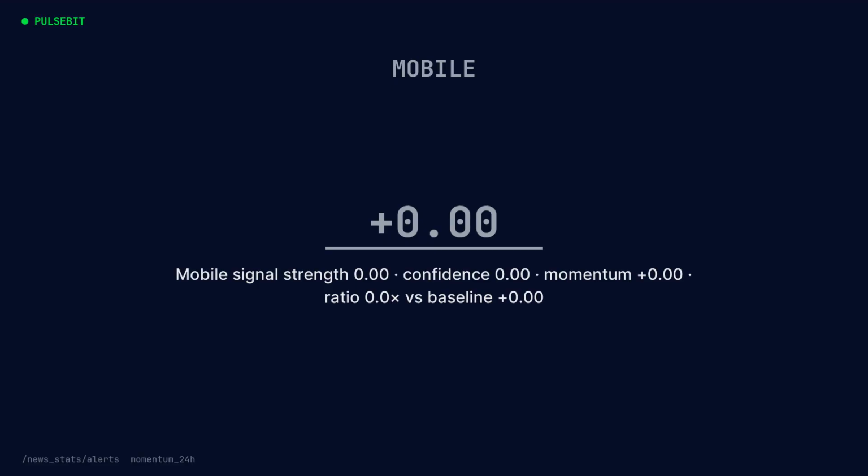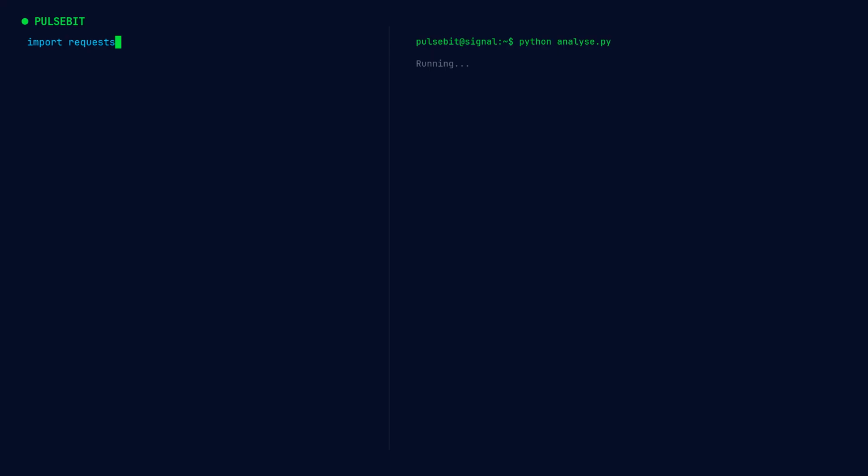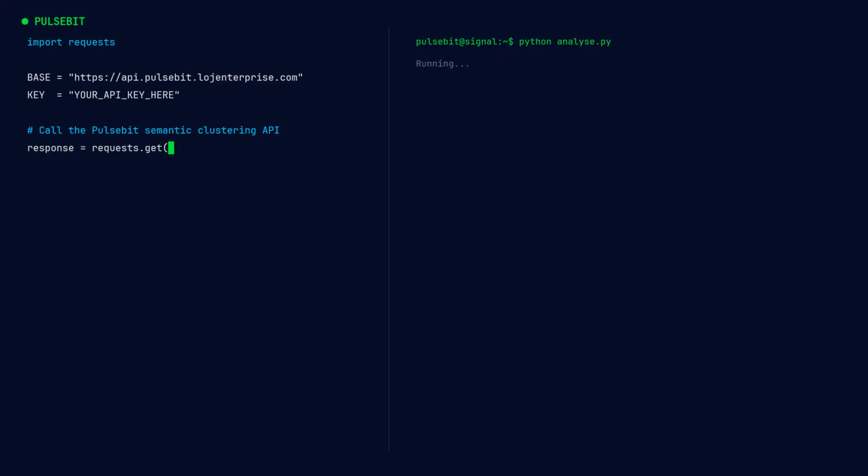Did you notice that the sentiment score for mobile has dipped to -0.60, while momentum remains flat? This unusual drop, especially considering the historical baseline, suggests a growing discontent that you should pay attention to. In fact, with 20 semantic clusters identified, the API reveals nuanced conversations around mobile that could indicate specific pain points